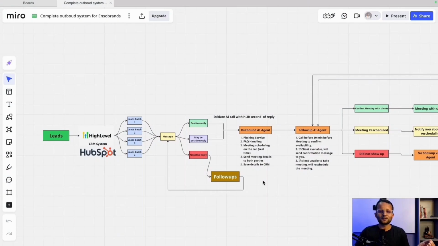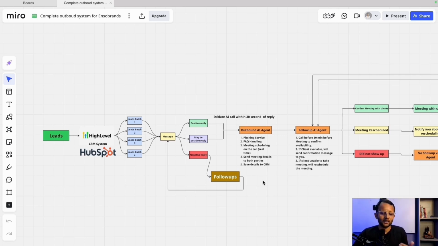So here we are in the system. Now this system is made using platforms like Go High Level or HubSpot. You can use any of these two. So here the first step is to get pre-qualifying leads. So here I have got these leads using Google Business. You can use any website scraper or different types of scrapers to get leads. So I have saved my leads into Go High Level, and I have created multiple batches according to the regions that the leads belong to.